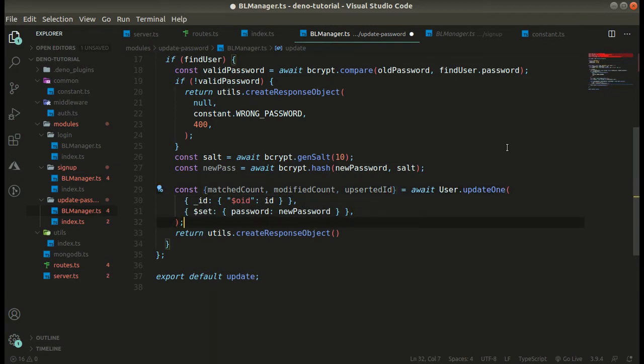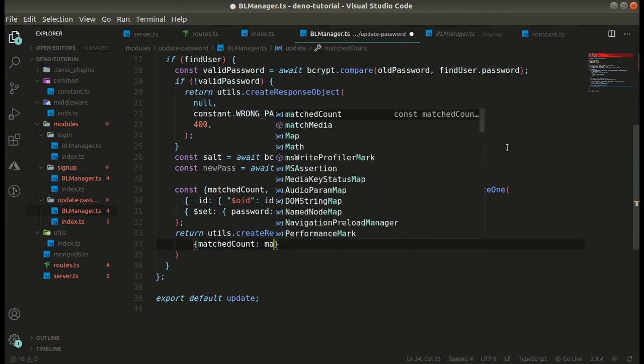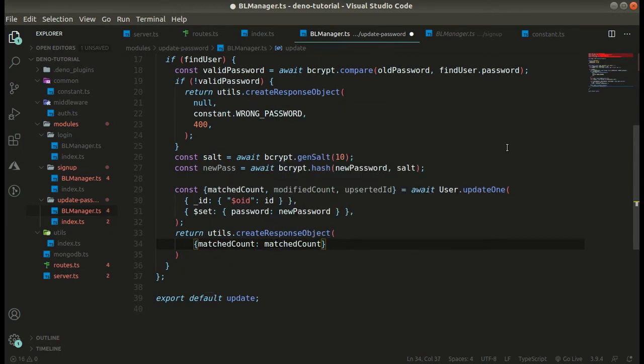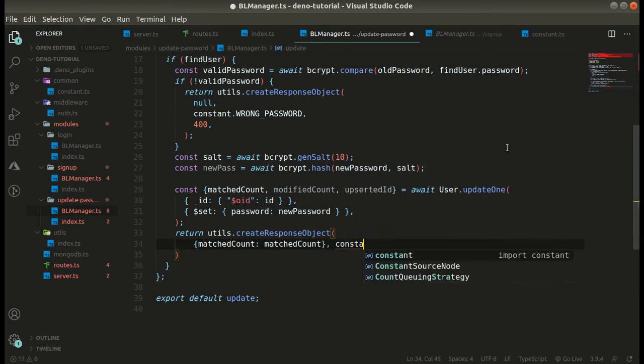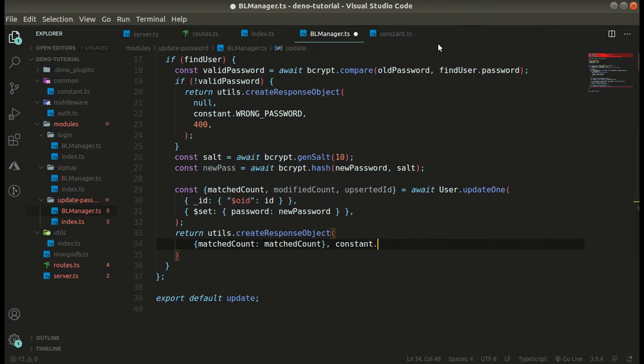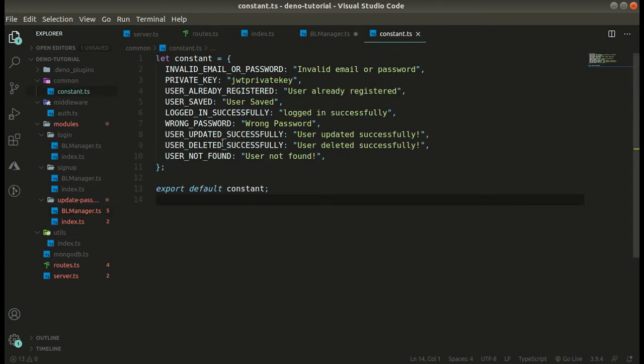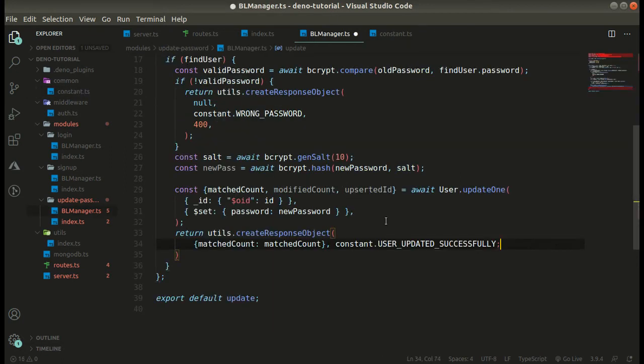I will simply give it like this, match count in response. Then, taking some help from constant dot, user updated successfully, and a status code of 200.